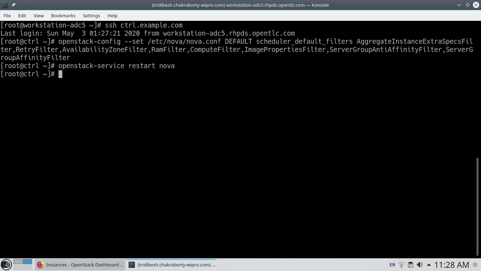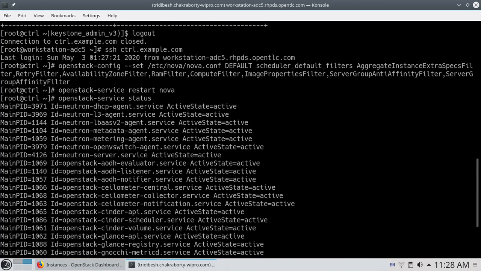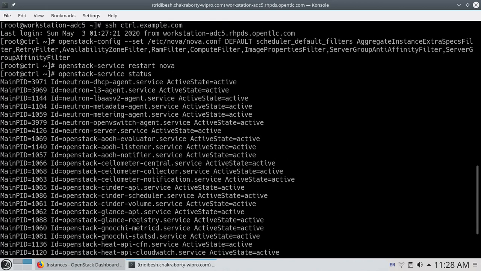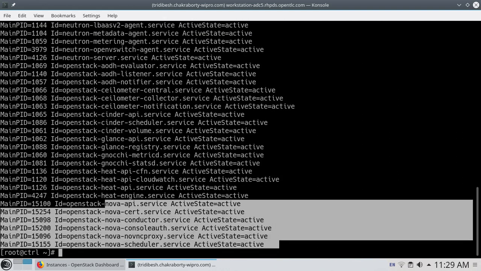So the service is restarted. You can check OpenStack service status, which you can also do, to see whether your Nova is running or not. You can see here all the Nova related services are active.